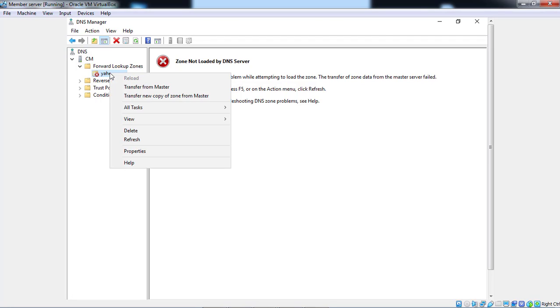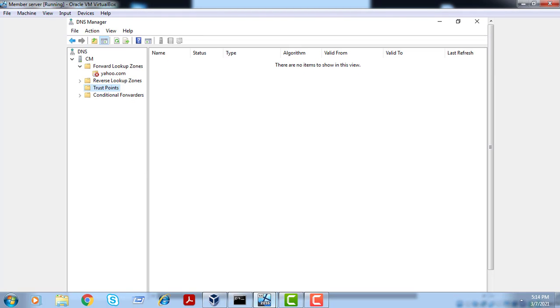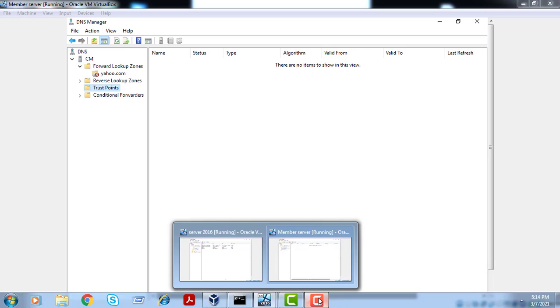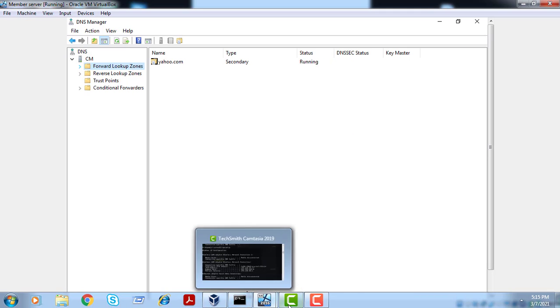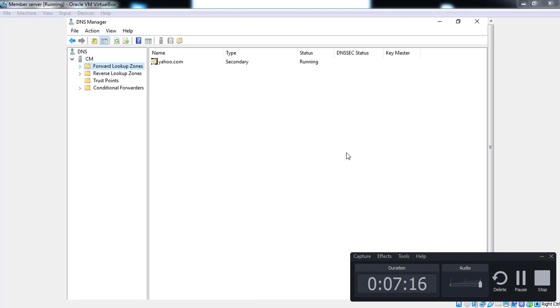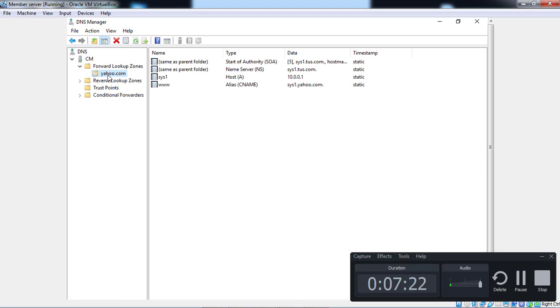For some reason it is not coming here, so we have to wait for some time. We are stopping here to wait. After waiting 2 or 3 minutes, the zone is automatically transferred, with the SOA, host as well as alias. You can see similarly in the forward lookup zone.